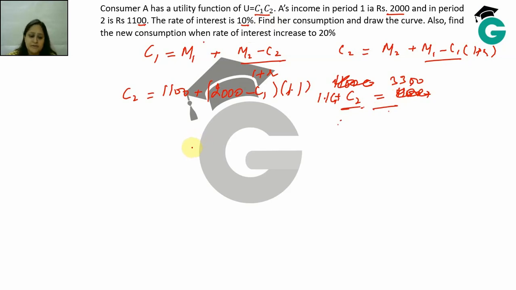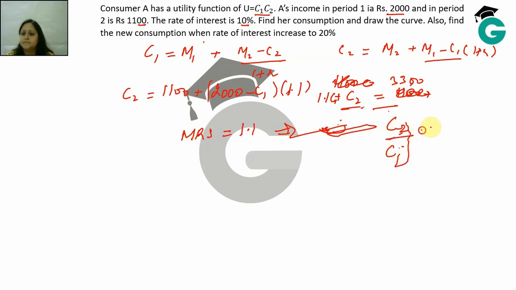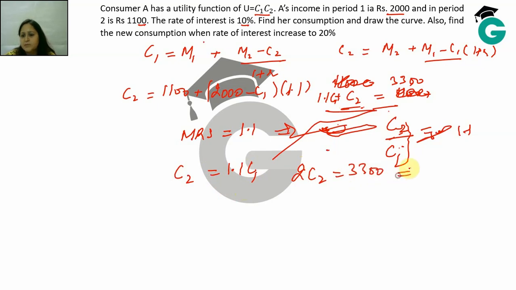We also know that utility function is C1 into C2. So MRS is equal to the price ratio is what the tangency condition is, which implies C2 by C1 is equal to 1.1. So C2 is equal to 1.1 C1. So C2 is equal to 1.1 C1, I can put here. So I can write 2 C2 is equal to 3300, which implies C2 is equal to 1650, and C1 then will be 1650 divided by 1.1, which comes out to